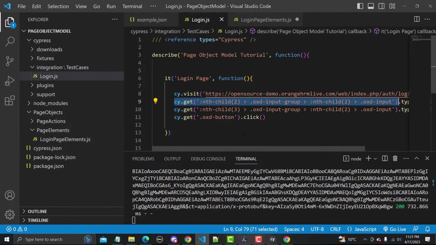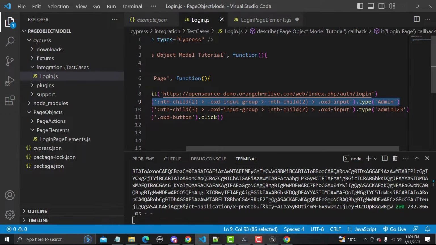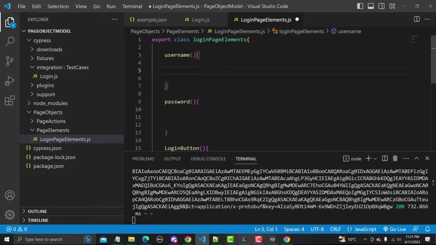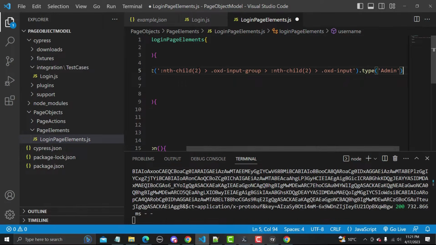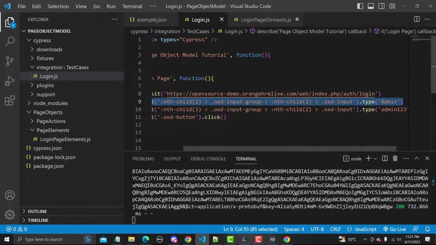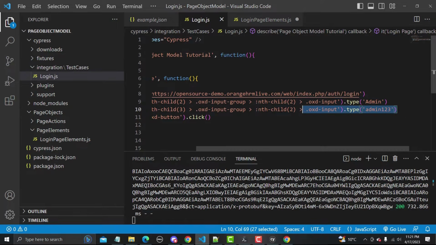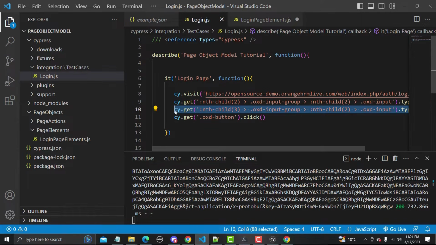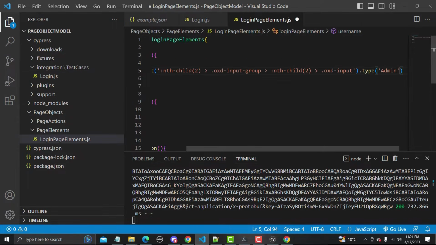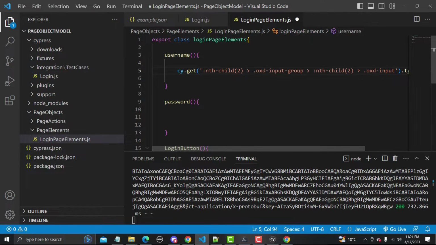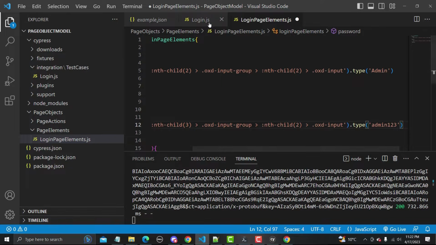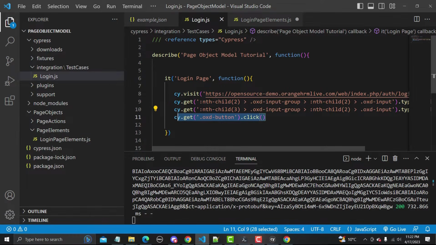So in the login, now what I'll do is copy this complete line of the code from here and paste it here for username, and similarly we will copy this line of code and paste it here in our elements section, and similarly the third one is this one.